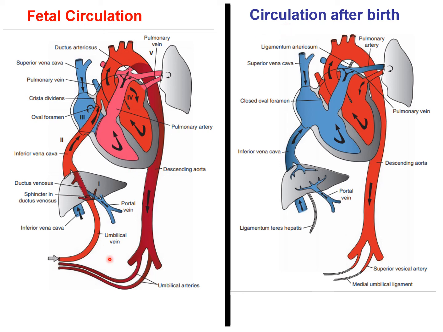So we can say the changes which are taking place at the level of the liver: the ductus venosus closes, the umbilical vein closes, and pressure in the inferior vena cava decreases in adult circulation. Most of the blood which was entering into the left atrium now remains in the right atrium because of the decreased pressure, and the left atrial pressure compresses this opening, which is known as the foramen ovale, so the foramen ovale is closed.